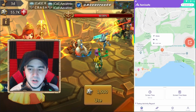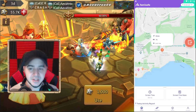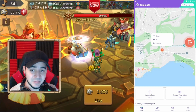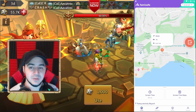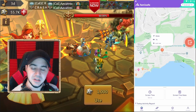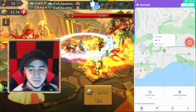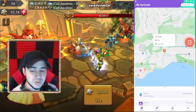So first, let's go ahead and talk about the location tracking, because with this app it's very simple. You have your kid's phone and then you have your own phone. On your phone, you'll go ahead and log in as the parent, and then on your kid's phone, of course, you'll log in as the child. Now, with all of that being said, once you do that, then on the parent phone, you'll be able to do a lot of different things. The first of which is going to be the tracking, which will tell you where your kid is at all times. There is also a couple of other things like what apps they're using, how long they're using it for,